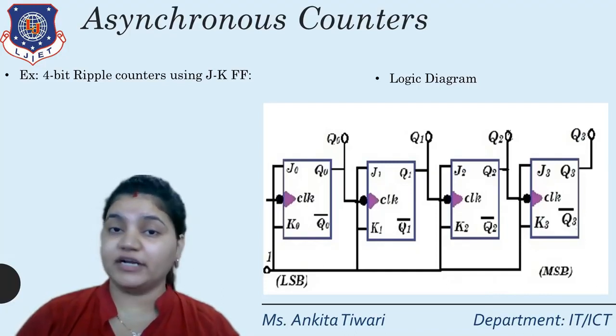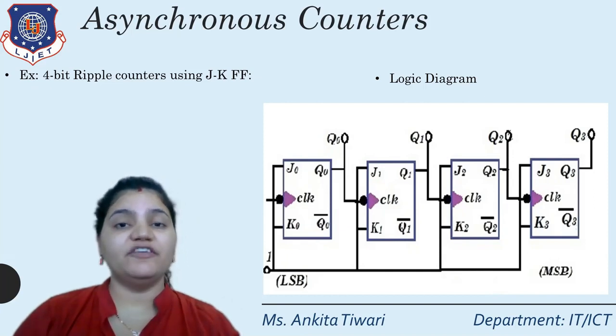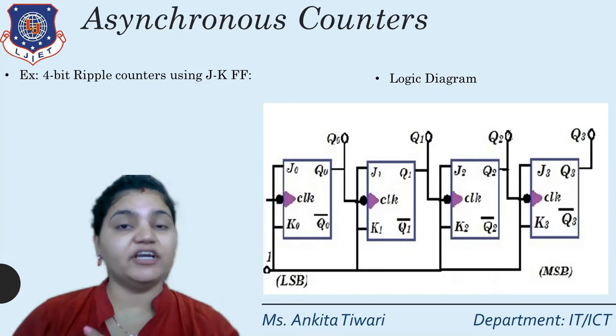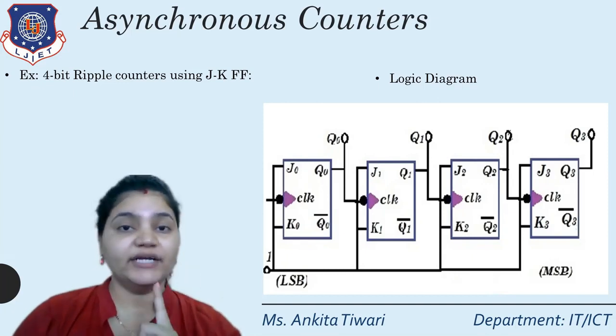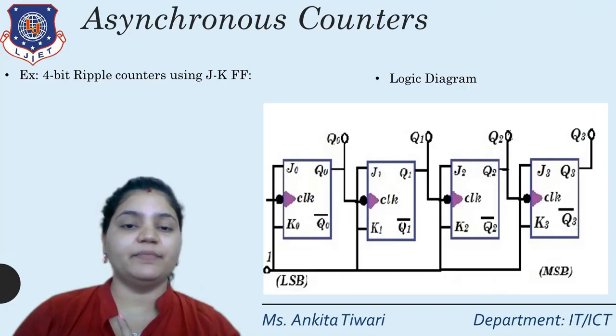Now we are talking about the transitions. Transitions take place with the help of the clock. As you can see in the first flip-flop, J0, K0, the clock pulse is taken as 1 to 0. Why are we taking 1 to 0, negative? Because at each and every condition we got a 1 to 0 value. So we'll take a negative clock pulse, negative edge. Negative edge is represented by a bubble gate. So here, as you can see, a bubble is applied at the clock; the circle is applied at the clock pulse input. So that is a 1 to 0 clock pulse.